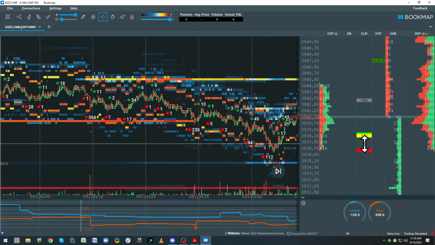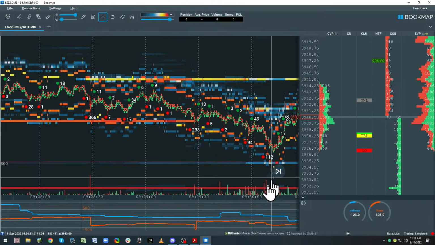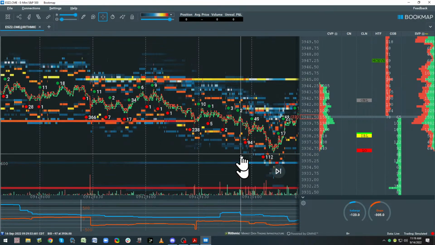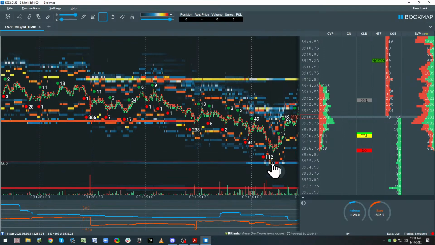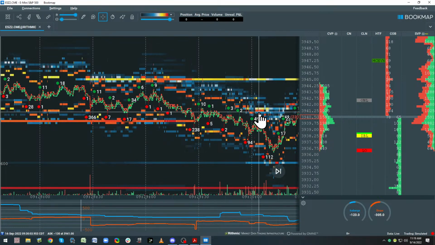It's called the IB failure. And I call it the failure, but it's not a failure in essence. Normally, or let's just say under certain contexts, when we break out of the first hour, it becomes a short, you see. But in this context, because we're inside of yesterday's range, right? I mean, we tested it here, but what happens if you can't go any further and we come back in? All the shorts that are sitting in here are going to cover. This is the failure. So now this becomes a long,